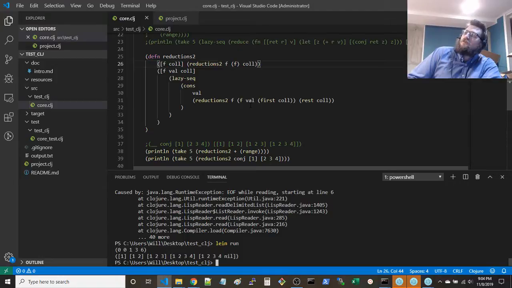I feel as though if we just call F, excuse me, the problem with that is that we still need to operate on the rest of this here. And then we cons with val top of F, which doesn't make a lot of sense. But the thing is, if we try to do the rest of the collection here,